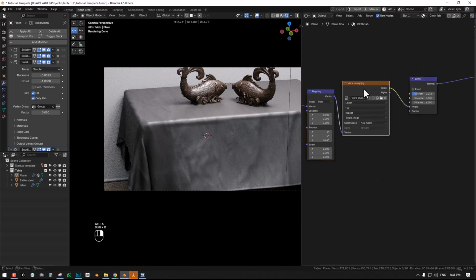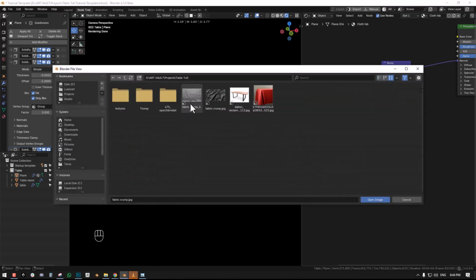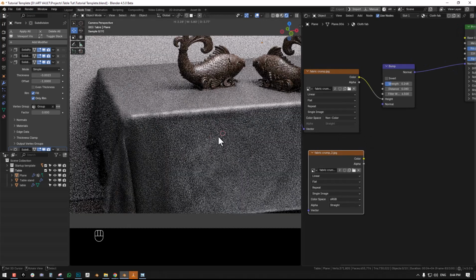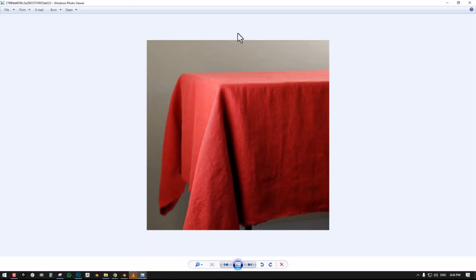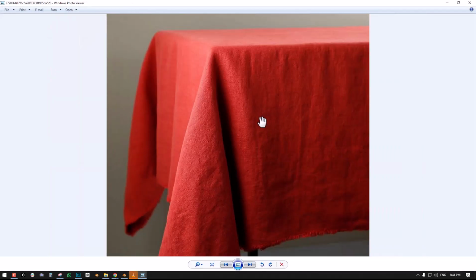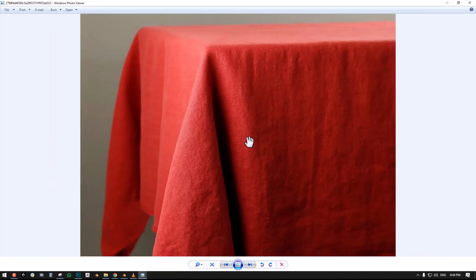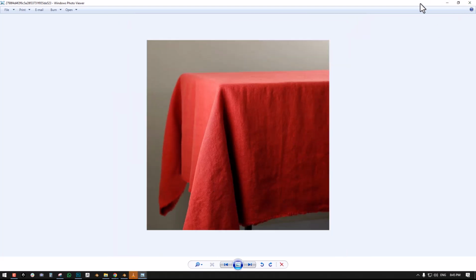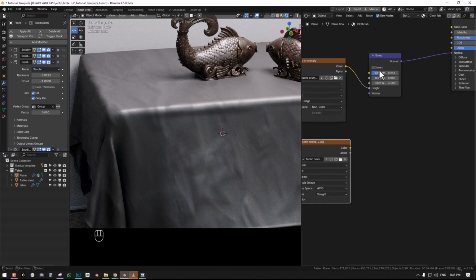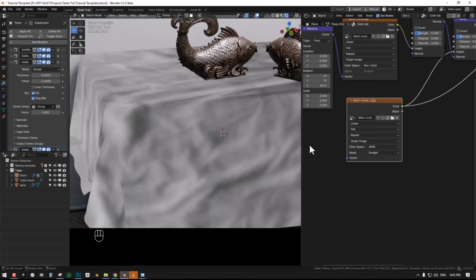Next, we're gonna introduce another. This is also going to be in the pack. I want to introduce some more wrinkles, like fine wrinkles. Sorry I didn't present this, but this is the reference I'm working off. It has a lot of character, it looks used, it looks fluffy, you get nice crinkles there, you have nice folds, it really feels like nice fabric. So that's what we're trying to recreate. So we'll connect another bump there, and if we check this out,